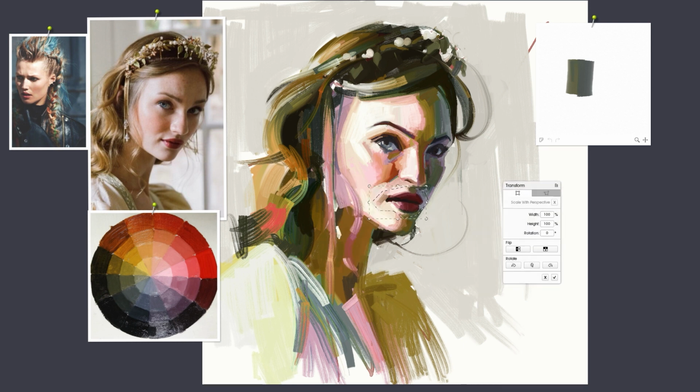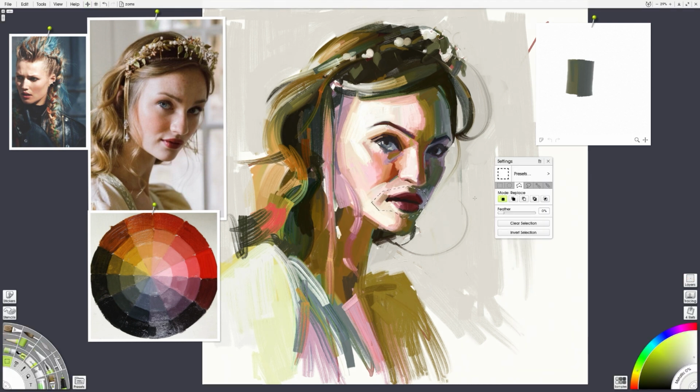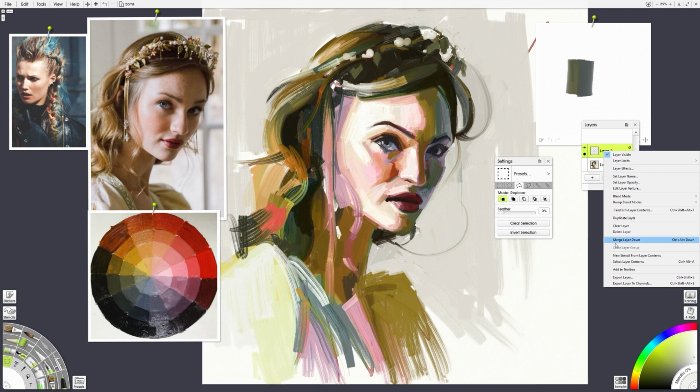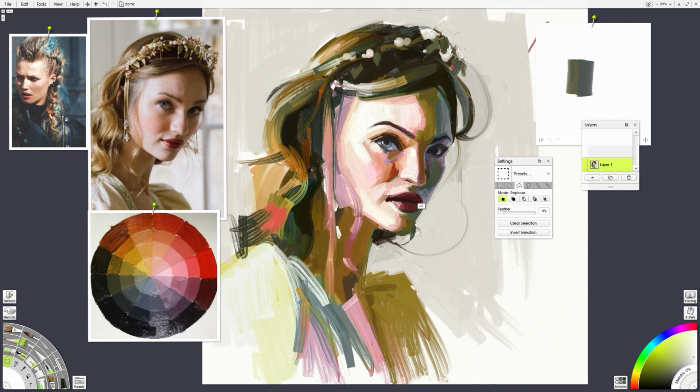I did have a little drawing problem with the mouth. I didn't like the placement. I wanted to move it. So all I did is grab it with the selection tool, which I've done tutorials of before, and then copy pasted it, and slipped it over just a little bit to the left, and then I merged the layer down. You can play that in slow-mo if you want to see how to do that. I've also done that plenty in other tutorials. But that's just a quick aside, talking about, as I said earlier, taking chances, making mistakes. It's okay. It's digital. It's easy to fix. So going back though,